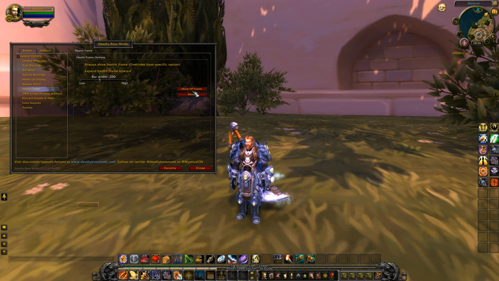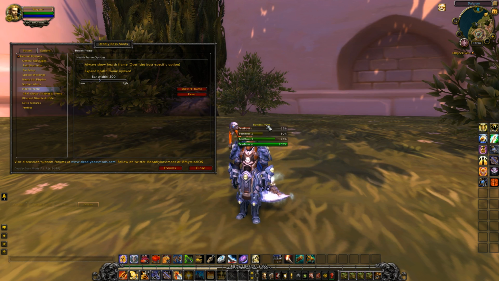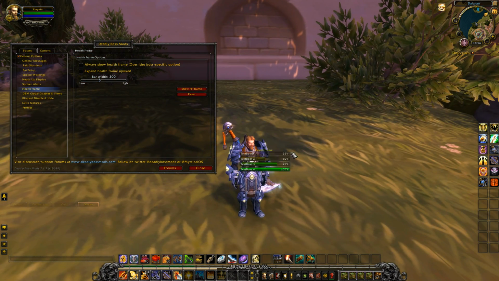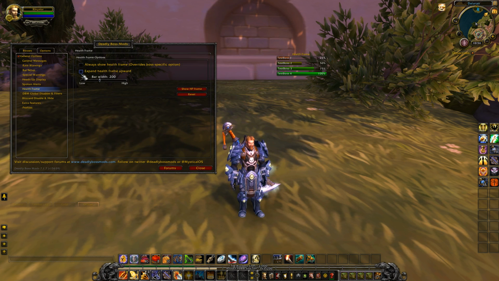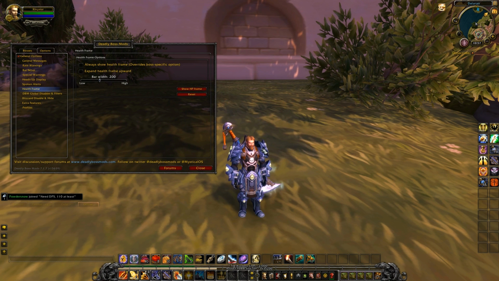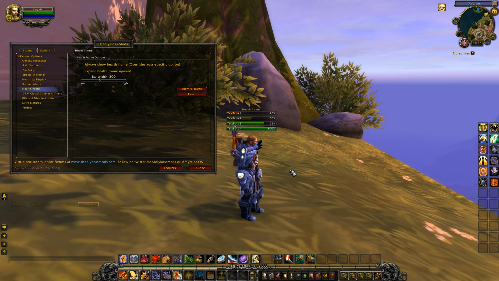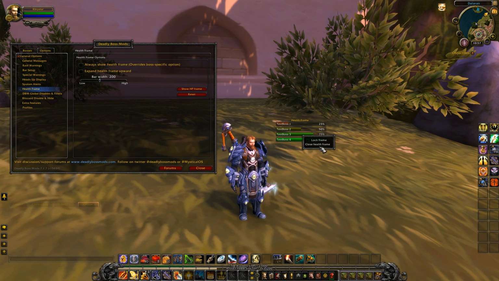You can show the HP frames for bosses if you want to, and you can move those around just by clicking on where it says health frame or on the health bars themselves. If you already have a good boss health bar, or if you don't need this, you can just turn it off, I think. You can right click on any frame that DBM brings up. There it is. I'm having a brain fart at the moment. So if DBM brings up a frame that you don't want to see, just right click and close it.